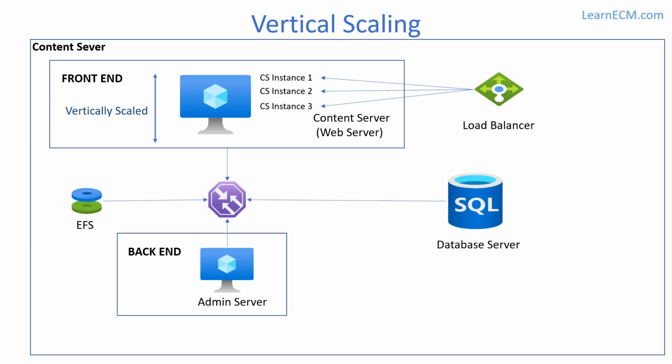So when we increase the number of instances, it also increases the overall thread count. So let's say one instance is running 8 threads, then 3 instances can run 24 threads. This way we can scale the content server front end vertically. Here also there will be a backend server, which we will come to a little later. Then again we have the database and the EFS and indexes connected to this overall installation. So here the main concept is the vertical scaling, having multiple instances on a single VM box.